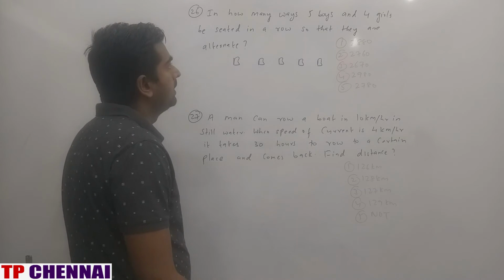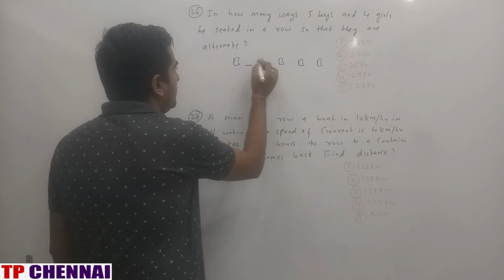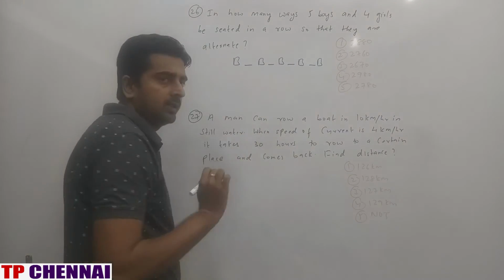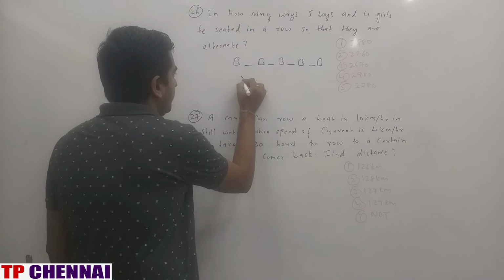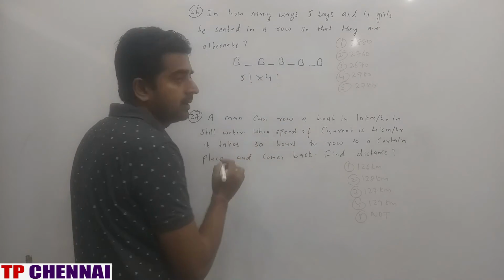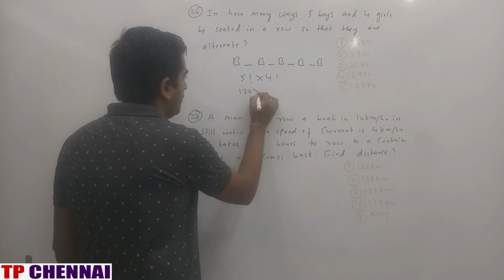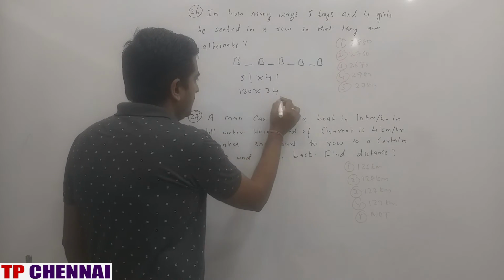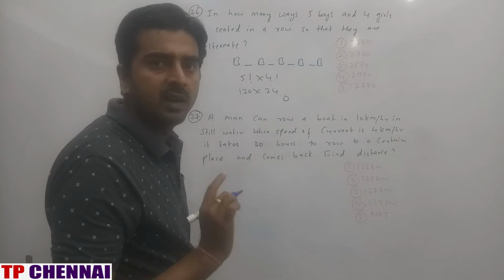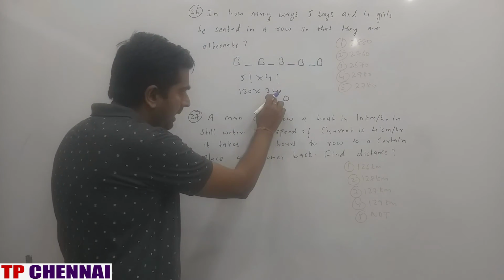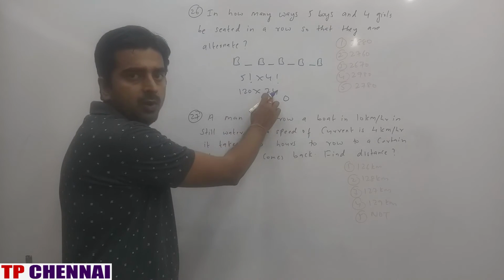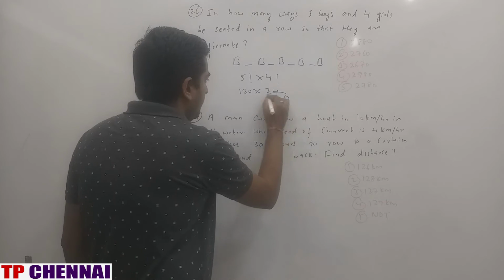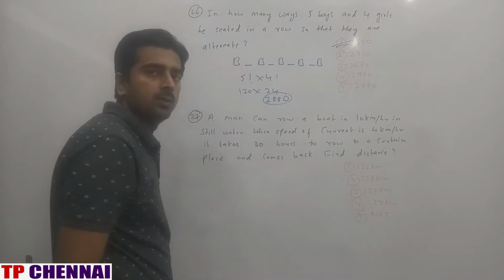Right? And girls and boys should be alternate. So here girls will be there, here girls, here girls, here girls. So I can fix 4 girls here. So boys, in how many ways can I fix? 5 factorial. Girls, 4 factorial. What is the value of 5 factorial? 120. 4 factorial is 24. This we need to remember. So 120 into 24. How to multiply two even numbers? Double the highest even number, half the lowest even number. 24 double is 48, half of 12 is 6. 48 into 6, 288. So my answer is 2880.